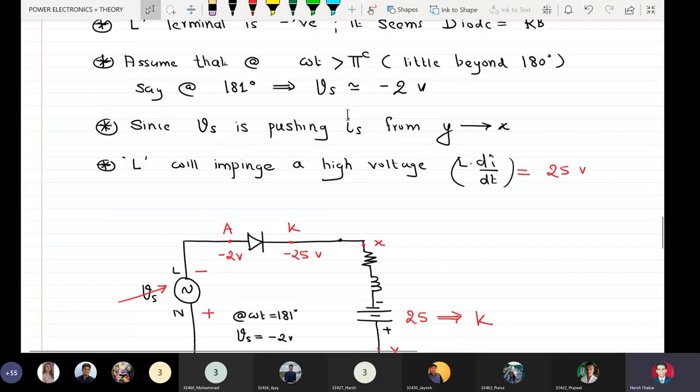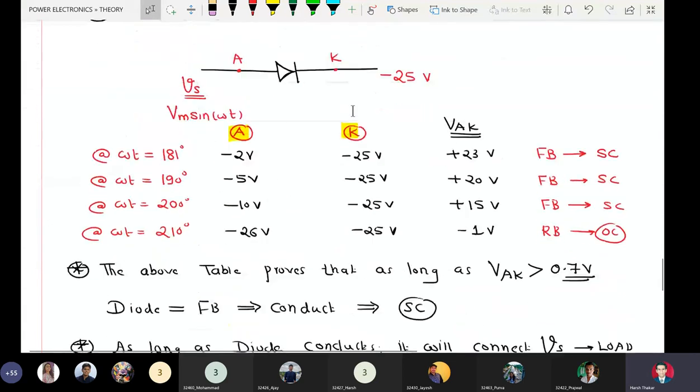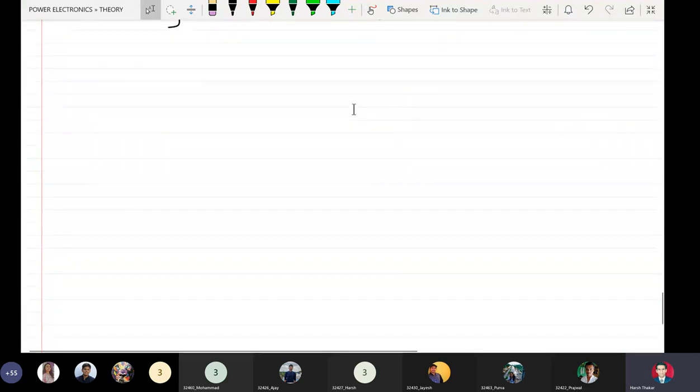Okay, so load is neutral. It just doesn't matter which half cycle is going on. The purpose of the diode is to simply connect the load to the source. So if the diode connects the load to the source during positive half cycle, we get a positive half cycle at the output. Similarly, if the diode connects the load to the source during the negative half cycle, then we will get a negative half cycle at the load. So now let us put all our discussion and analysis in the form of a waveform, right?